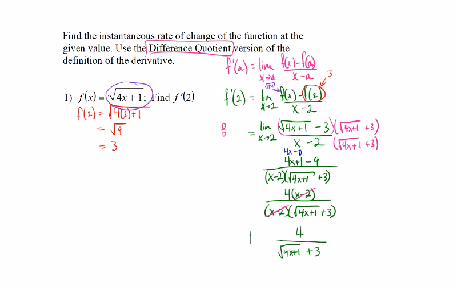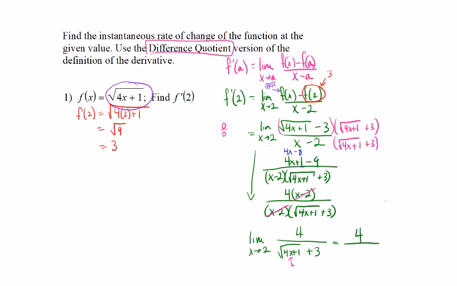And now is where I want to reintroduce the limit, okay? You don't have to write the limit every single time all the way down, but when you get ready to directly substitute, after you cancel out whatever is causing that 0 in the denominator, that's when you want to reintroduce the limit, so that now we know we can put 2 into wherever x is. And so what we'll get is